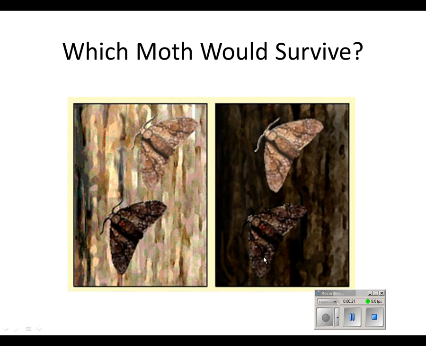You probably would have said the darker one. And why is that? Well, probably because the darker one blends in with the environment. It's not seen by predators as easily. And you would be correct in saying that. So what happens is that this darker one's going to survive and the lighter ones are going to die out